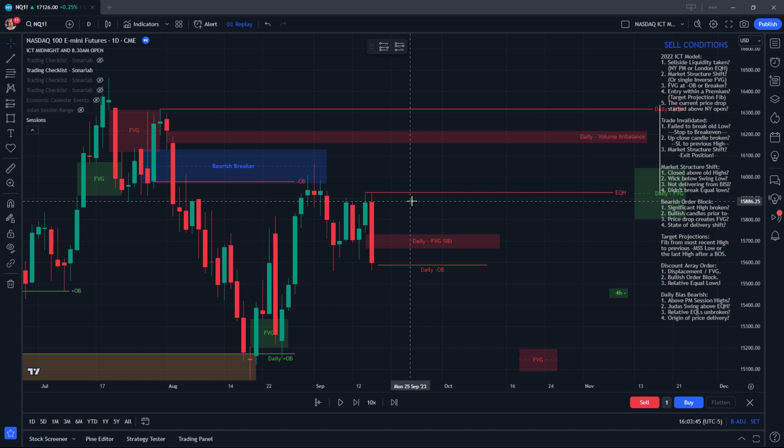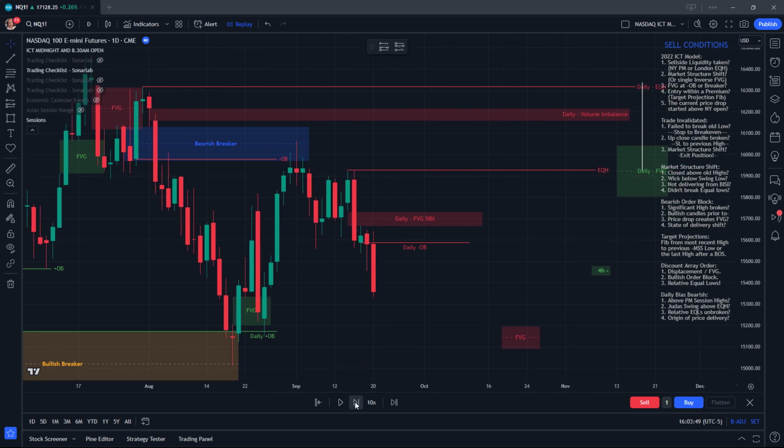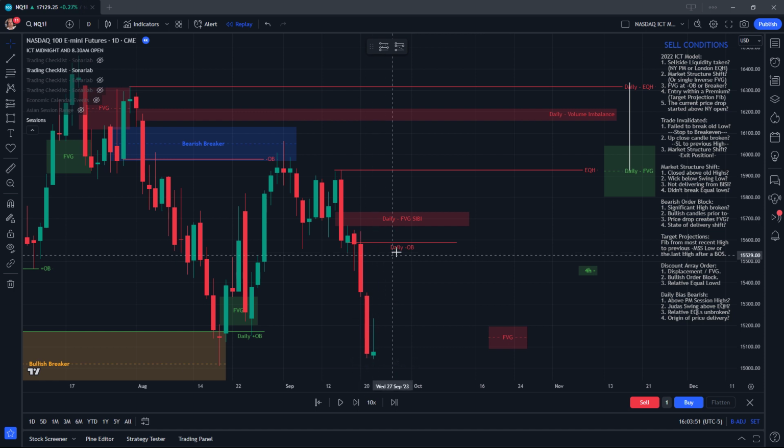We see equal highs being made here. Why is that an order block? A significant high was broken. It would be this high here. And then the bullish candle prior to a price drop. Okay, so